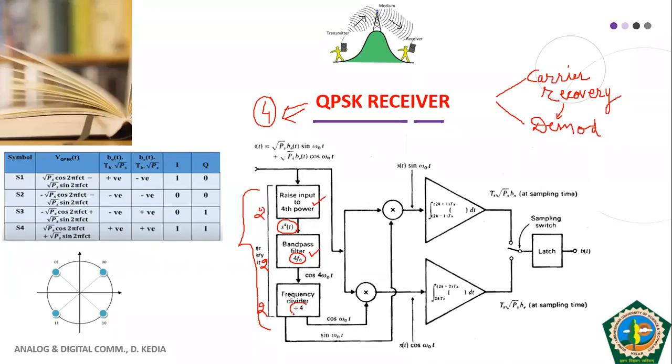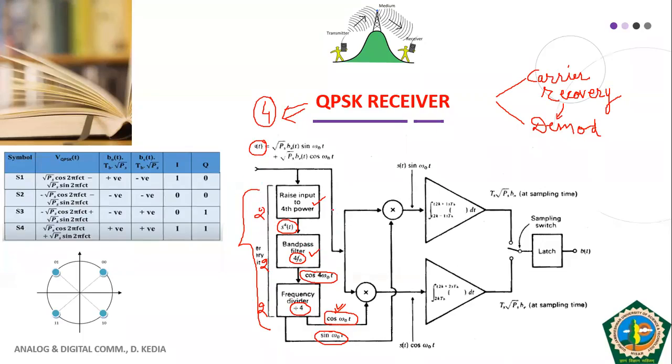Then we will be using a frequency divider, that is, we will divide the frequency of cosine of 4 omega naught t by 4, so that we get cosine of omega naught t. So this is the cosine component of the carrier frequency from the recovered carrier. Then by providing a 90-degree phase shift, we can also generate sine omega naught t. Since we have used in QPSK carrier frequency in quadrature, we need both carriers, cosine omega naught t and sine omega naught t, from our received signal.